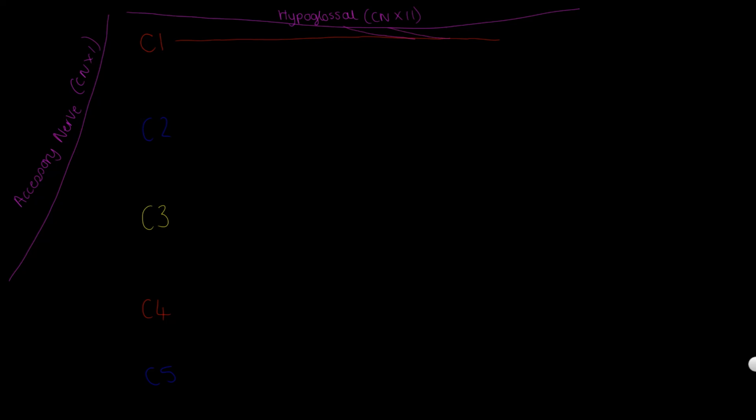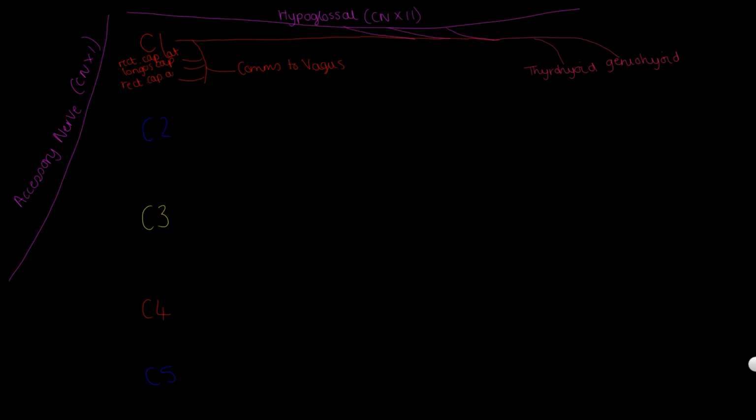to. As the C1 root emerges, it picks up fibres from the hypoglossal nerve, cranial nerve 12, and forms nerves to the geniohyoid and the thyrohyoid muscles of the anterior neck. But it also forms another branch that eventually combines with fibres from cervical root 2. On the way, 4 smaller branches are given off. One communicates with the vagus nerve,